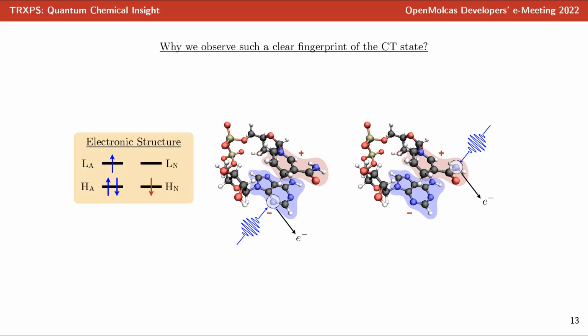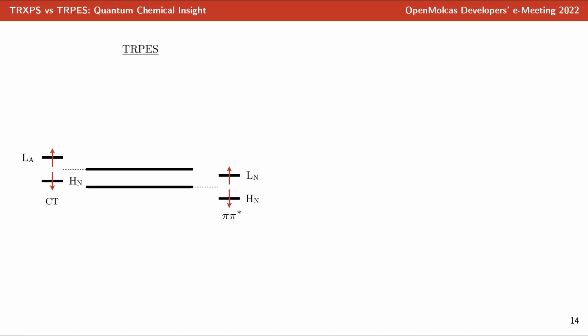And in that way, we can explain why we are able to visualize a red-shifted signal, because we can say that it is due to the two nitrogens that are in the 6-member ring of adenine, and so where the negative charge is actually placed in the CT state. And so if we ionize these two nitrogens, we have this kind of extremely red-shifted signal. But in principle, since transient photoelectron spectroscopy also probes this kind of cationic state, it should give us the same results. But if we look at the